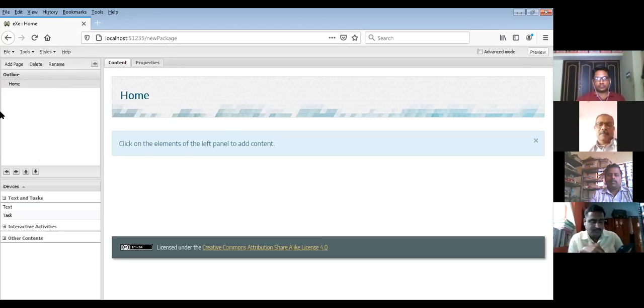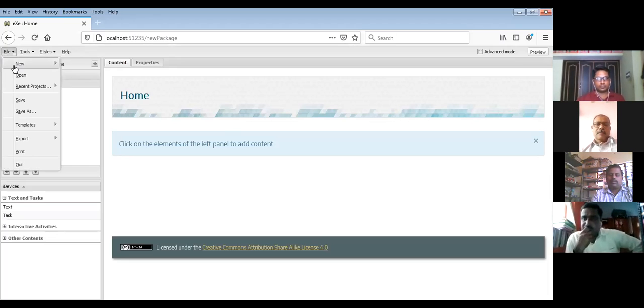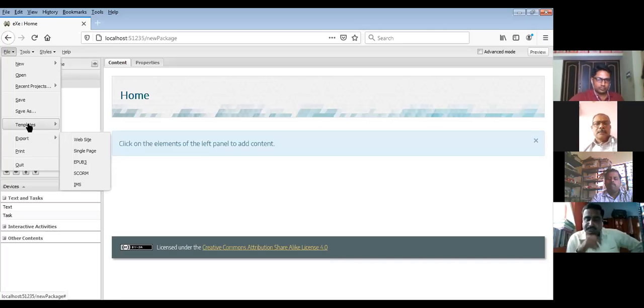In this outline pane, just see the file. I will just show you the features first. You want to open a new file. If you have one already existing, you can give this open. I told you exporting. This is saving. You can save it. Then you have export. I told you once you complete developing it, you can export it and then save it